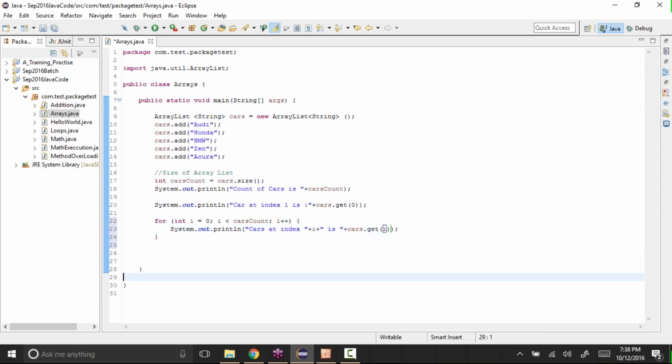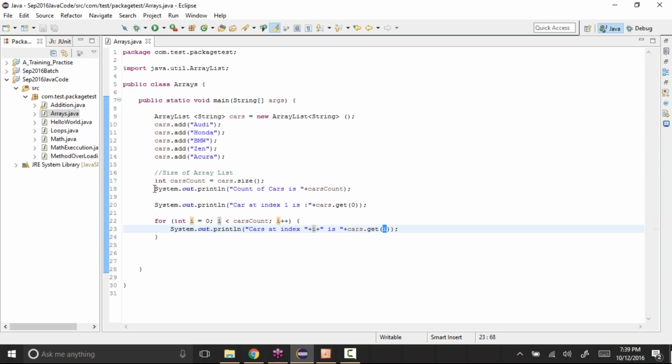So I'm just looping through and displaying the value present in that list. For int i equal to 0, i less than cars count, i plus plus, System.out.println car at index plus i, which is the i location of that loop, and then I am passing that i value here. So the first time it will be get of 0, then 1, 2, 3, 4, like that.